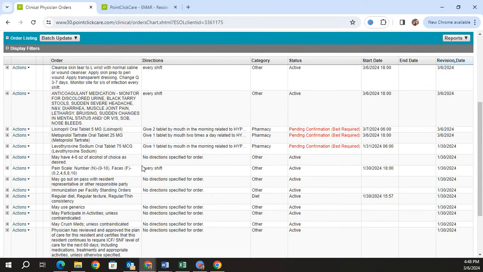Something I find helpful is Control F. That will pop up a search bar here, and it's super helpful if you're trying to find specific things like oxygen if they have it. Okay, so now I know this person doesn't have oxygen. How about what's their diet? Do they have a diet? Oh, look, okay. So we found a diet order here, so now I can come here